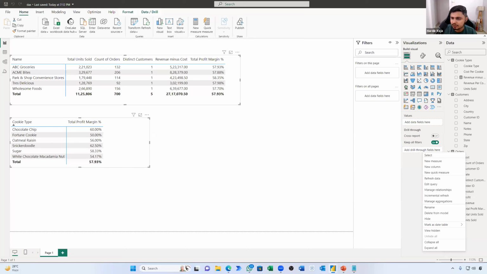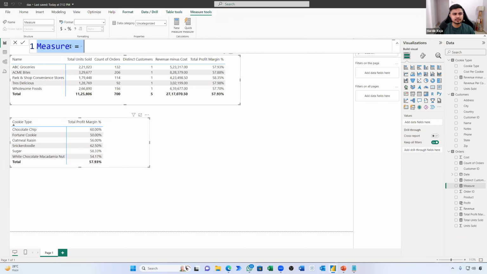Will it be able to do this? I don't know why it's not working. Just a sec. I think it should work now. I think I've done the hard refresh. Chalo, let's do it again. Let's try to create the right measure, new measure, total profit 2.